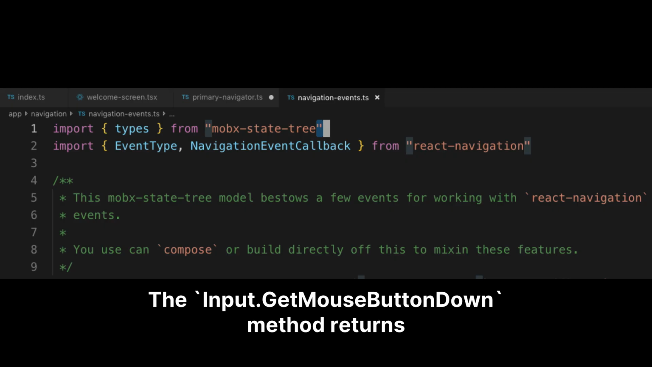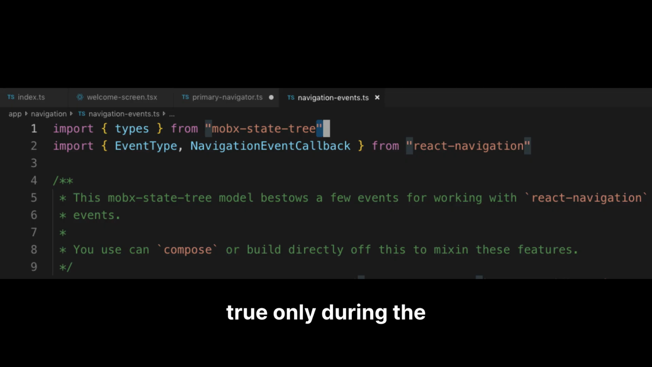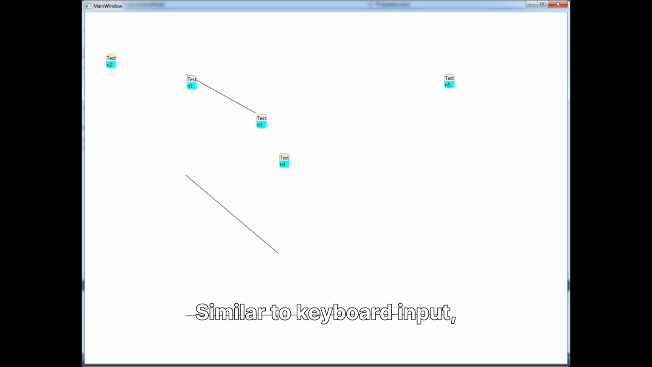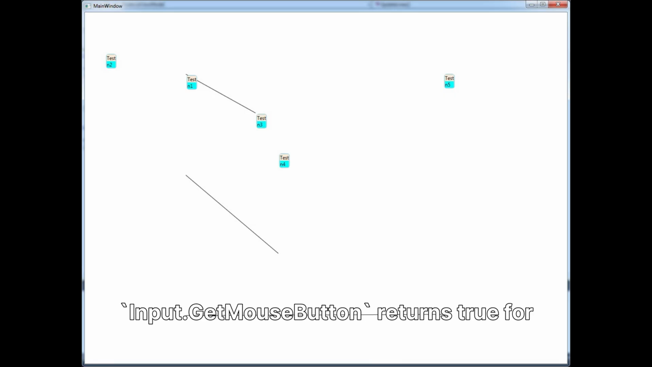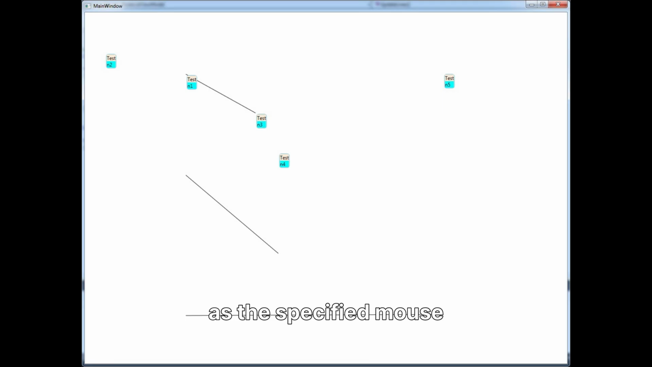The Input.GetMouseButtonDown method returns true only during the frame a specified mouse button is initially pressed. The button parameter uses integer values, 0 for left, 1 for right, and 2 for middle, allowing precise control over which click you're detecting. Similar to keyboard input, Input.GetMouseButton returns true for every frame as long as the specified mouse